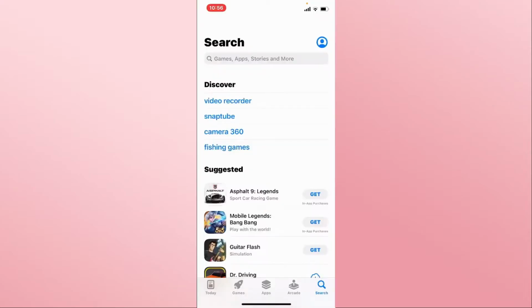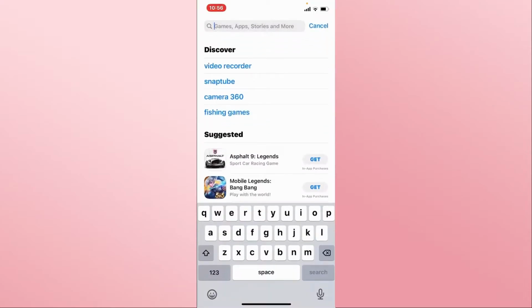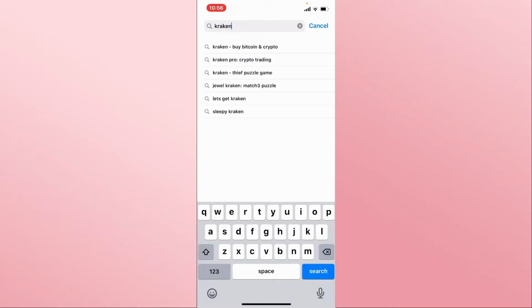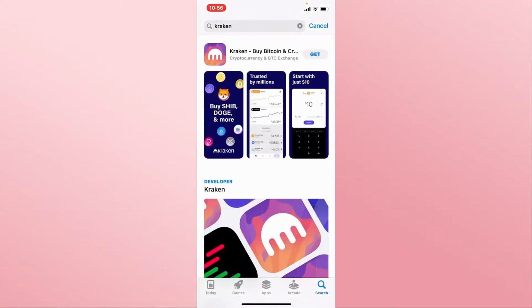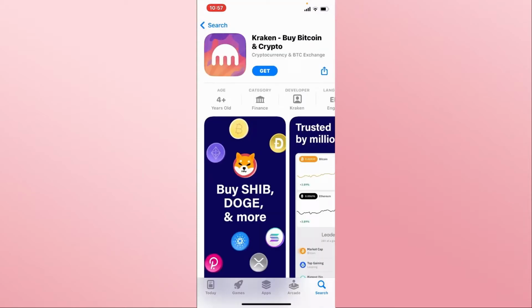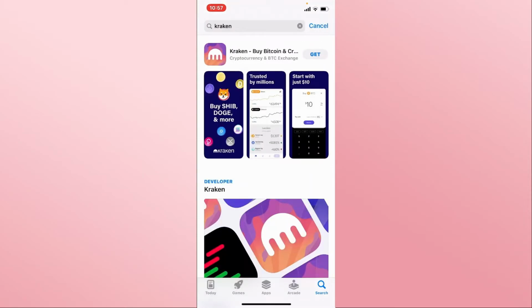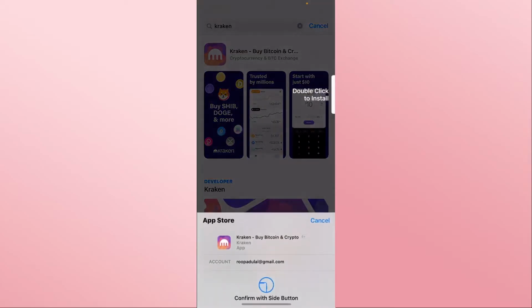First of all, open up the iOS App Store on your device and then tap on the search box and then type in Kraken and start your search. Once you find the Kraken application, tap on it and you will see the Get button. Just tap on this Get button and this will begin the download and installation of the Kraken application on your